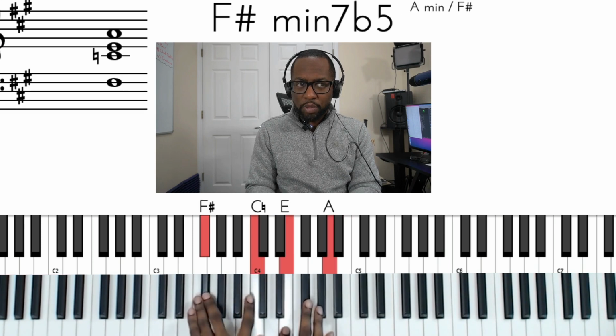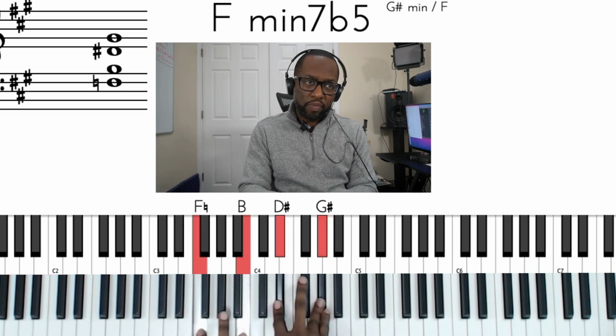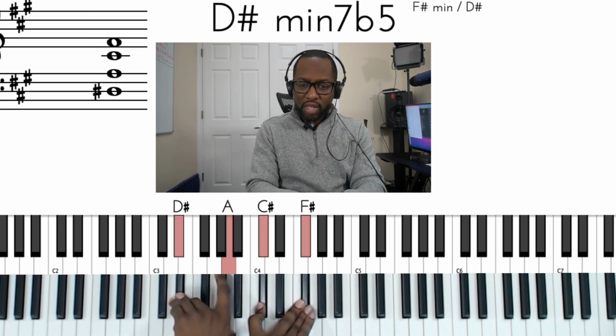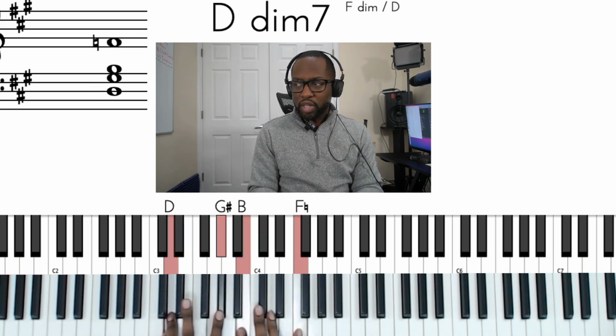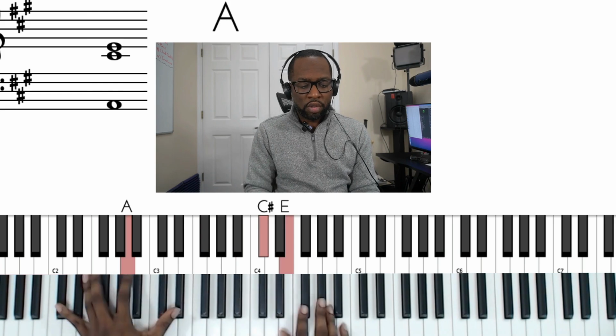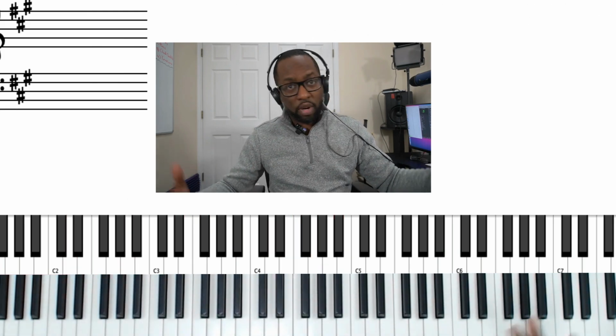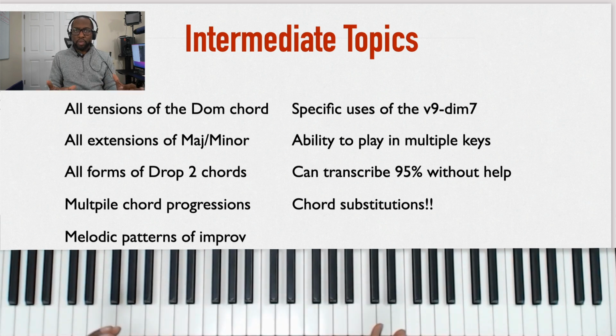I wanted a half diminished chord there, right? So I can have half diminished there, I can have a half diminished here, and then I can have a diminished here, and then I can go back to you alone. Right, and I can keep on going. So this is the beauty of knowing different things that you could do at different levels.